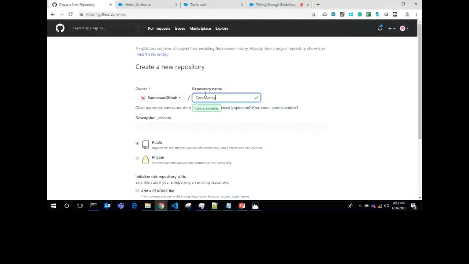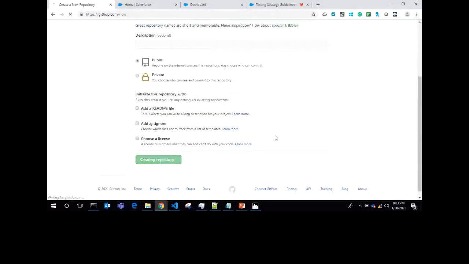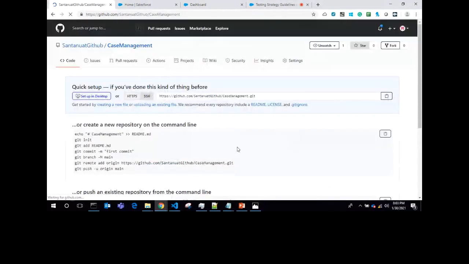Public, I have not picked anything. So my repository name is case management. Okay, the first option we have completed, just to create the repository. That's it. Now, whatever we have written, the class or Lightning Web Component, I want to push into the GitHub repository.